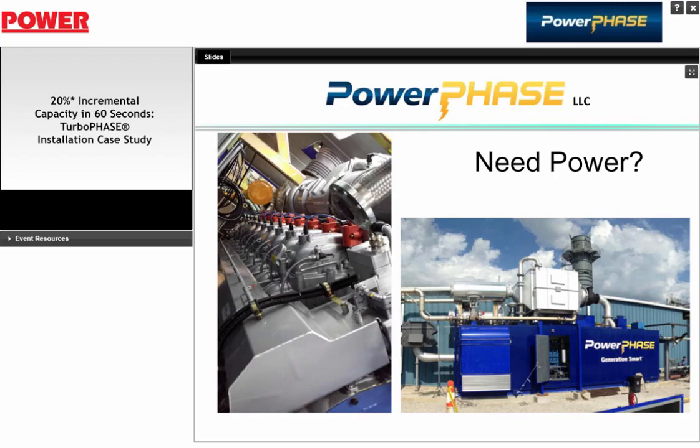But in this case, we just did a very simple setup. We just took water from the cooling tower and circulated it through. And as I mentioned in the presentation, it represents about a 1% cooling load. And we've looked at some systems that are, say, air-cooled power plants, where the steam turbine back pressure starts to come into play in the high temperature output of the plant, where the steam turbine power starts to drop off quickly. And what we found is, the gas turbine itself uses a fraction of the cooling compared to